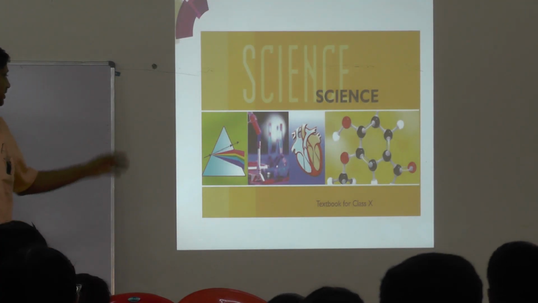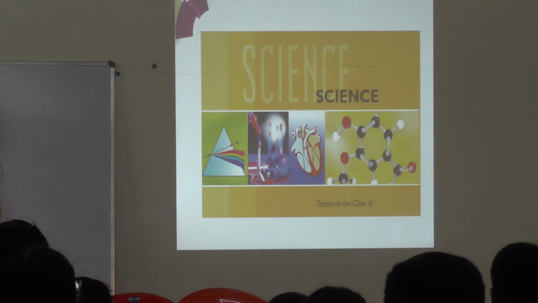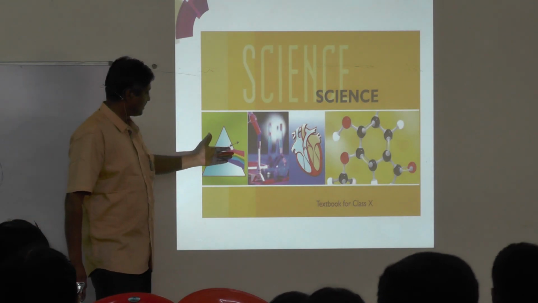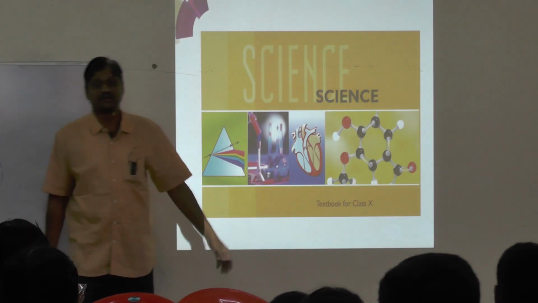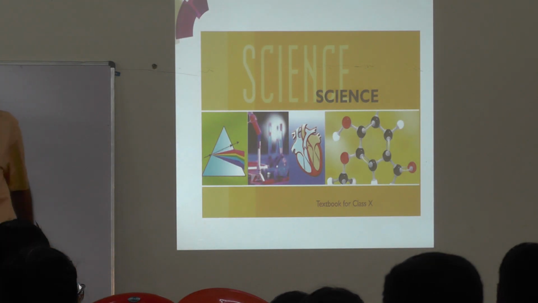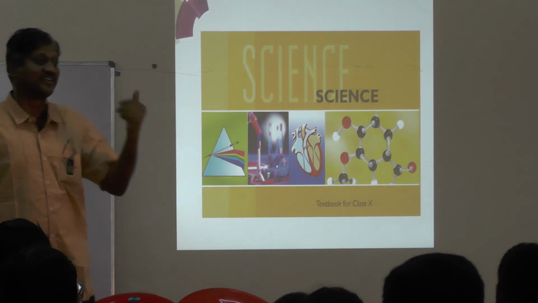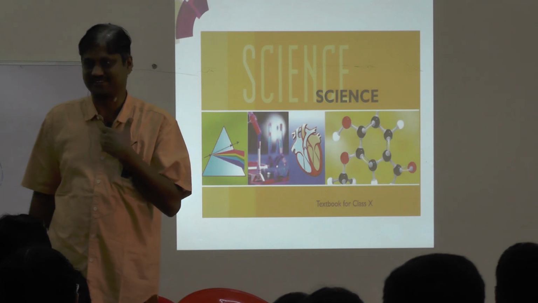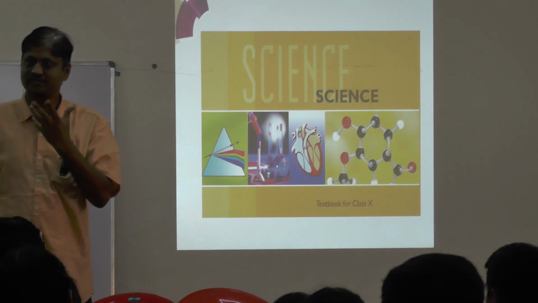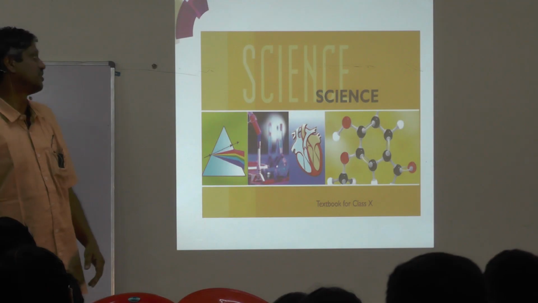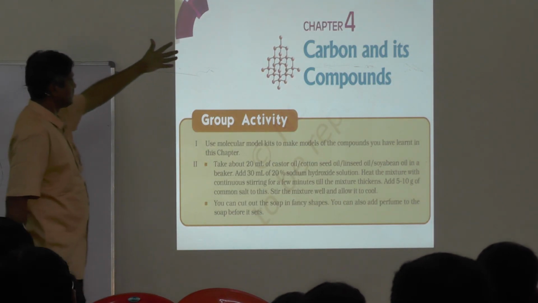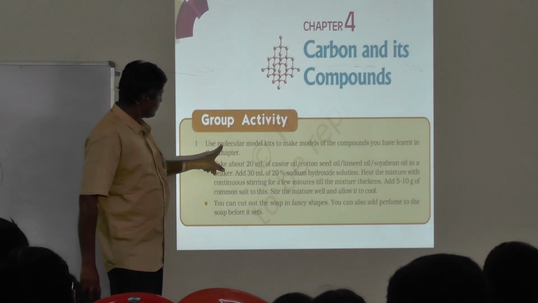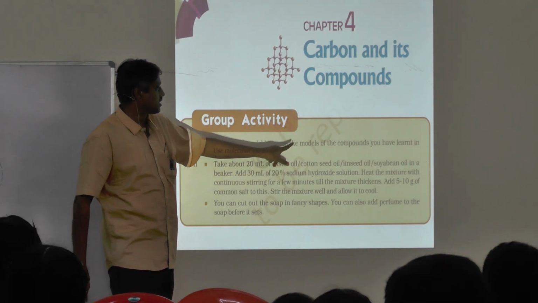For example, the class 10 book. What they are telling, it is for physics, for chemistry, for biology. Particularly they have put the molecular model. Correct or not? Molecular model, organic chemistry. You are small also, you are organic. That is important. Molecular model is important. They are telling, for example, again in class 10: use the molecular model kits to make models of